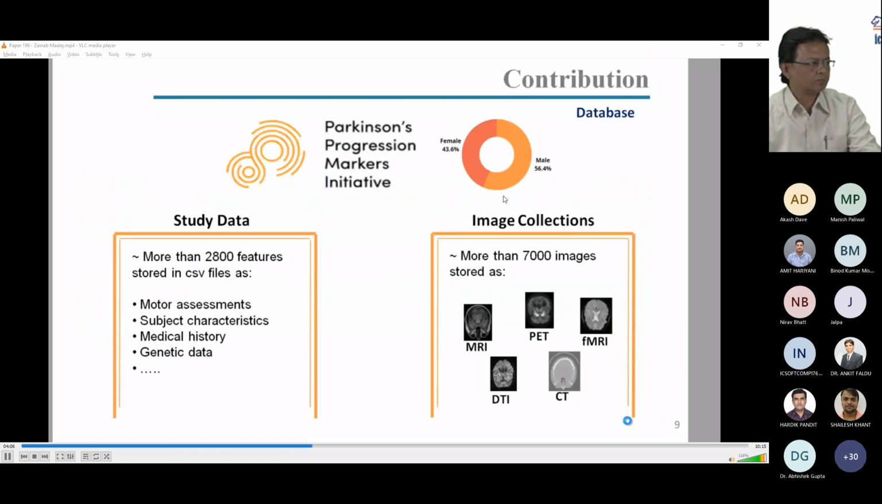First, we get access to the Parkinson's Progression Markers Initiative database, which covers study data that include more than 2,800 features stored in CSV files, such as motor assessments, subject characteristics, medical history, and genetic data, and also image collections, including MRI, fMRI, CT, DTI, and PET images. In our case, we focused on using PET images to segment the basal ganglia region,